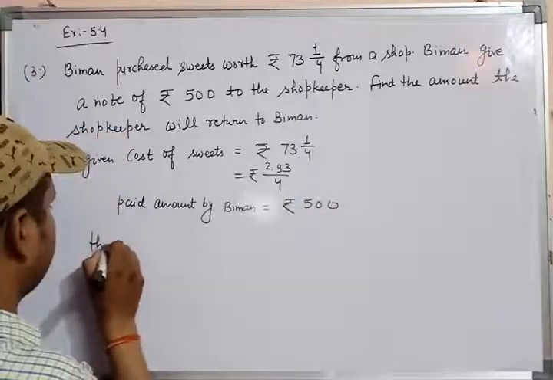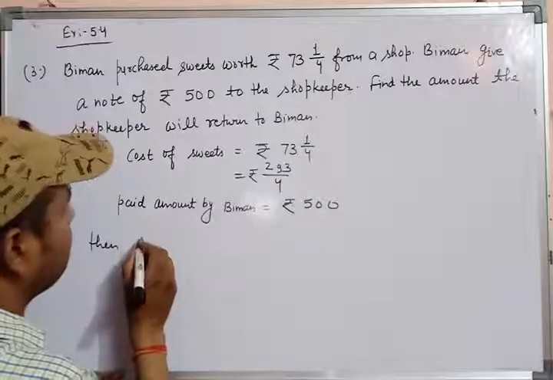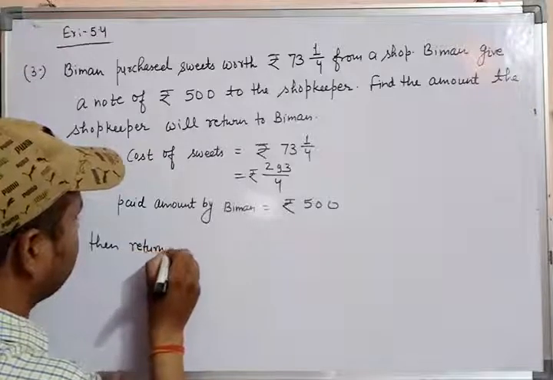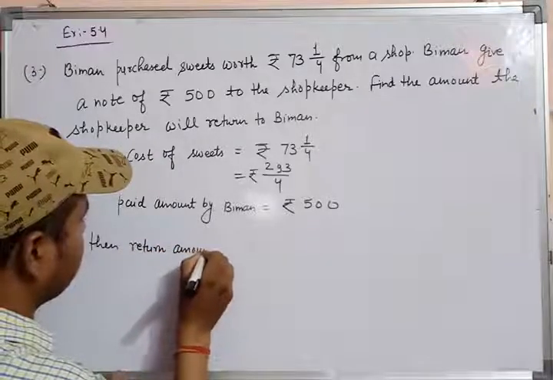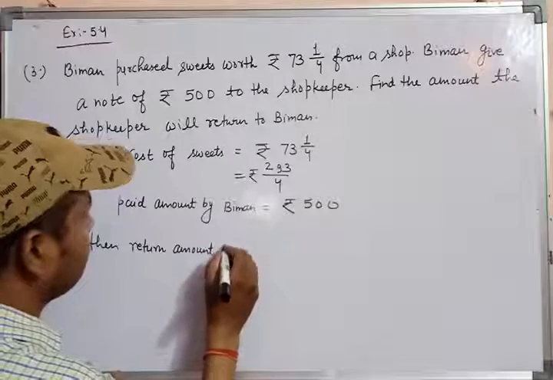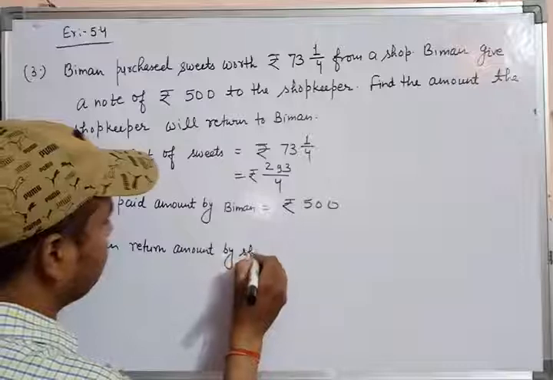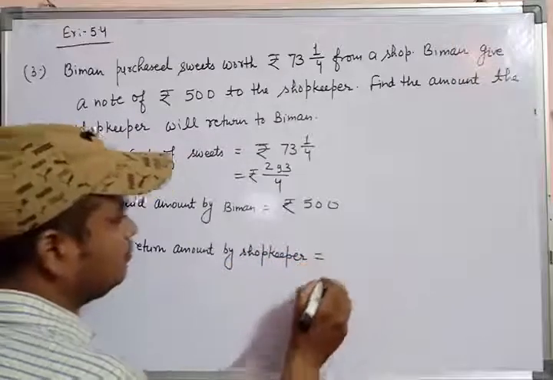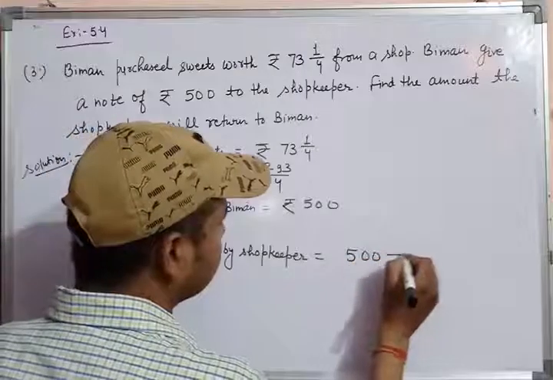Then return amount by shopkeeper is equal to 500 minus